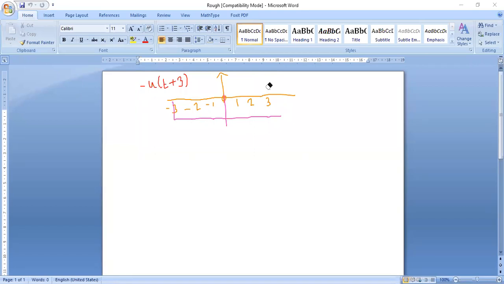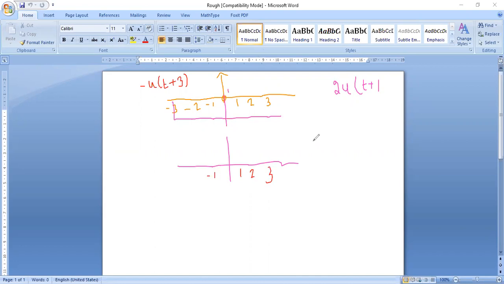Yes, ma'am. Okay. Now, what is your second expression as per the question? Your second expression is 2 into u of t plus 1. So let me draw step by step. I have an axis, x-axis and y-axis. Here I have 1, 2, 3, and here I have -1.